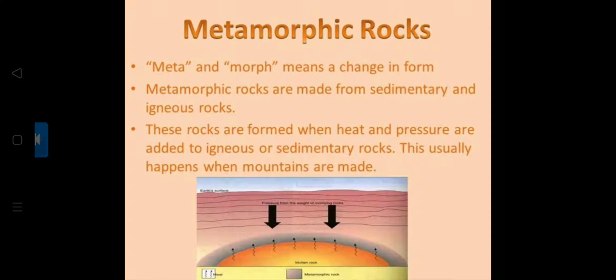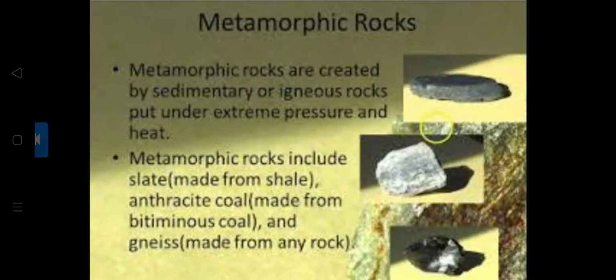They go through immense pressure. This usually happens when mountains are made. So when does this happen? Usually when mountains are made. Metamorphic rocks are created from sedimentary and igneous rocks when put under extreme pressure or heat. Now, metamorphic rocks include slate made from shale, then anthracite coal made from bituminous coal, and gneiss made from any